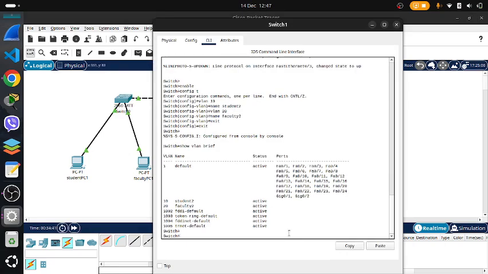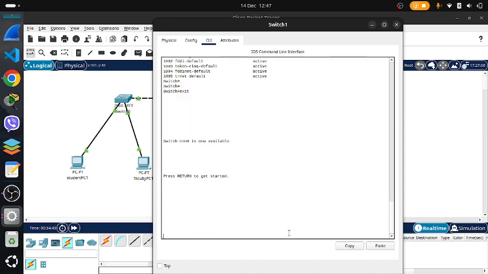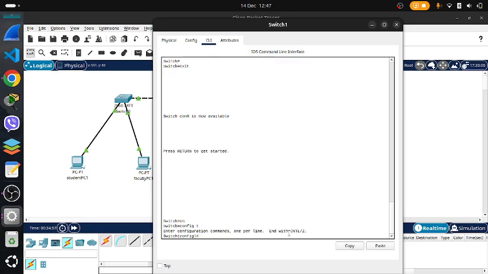Okay, so let's do exit first. The short form of enable is en. So just do this and config t. Do this, and same step, FA0/1, which is a switch